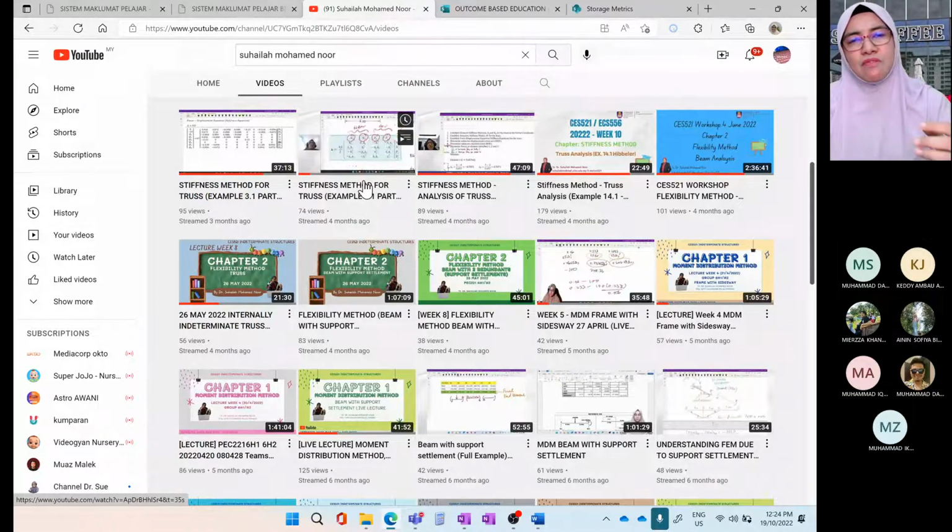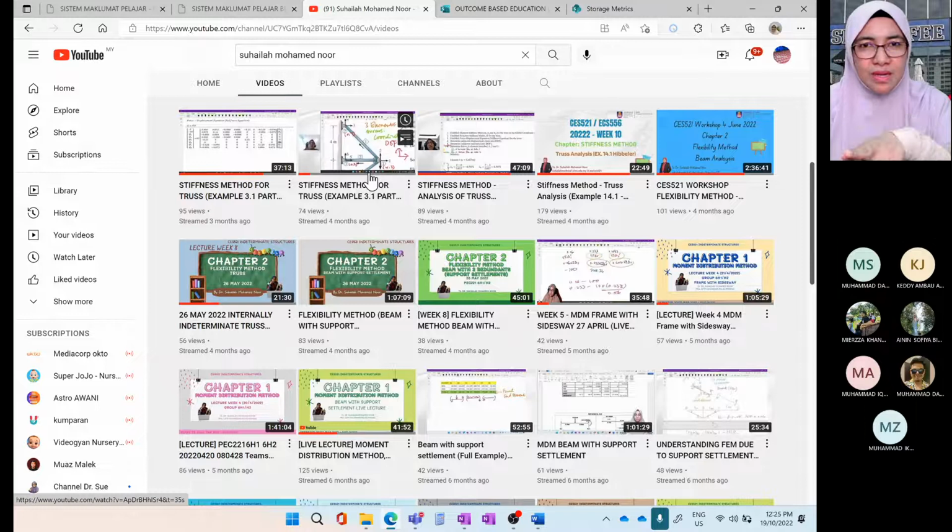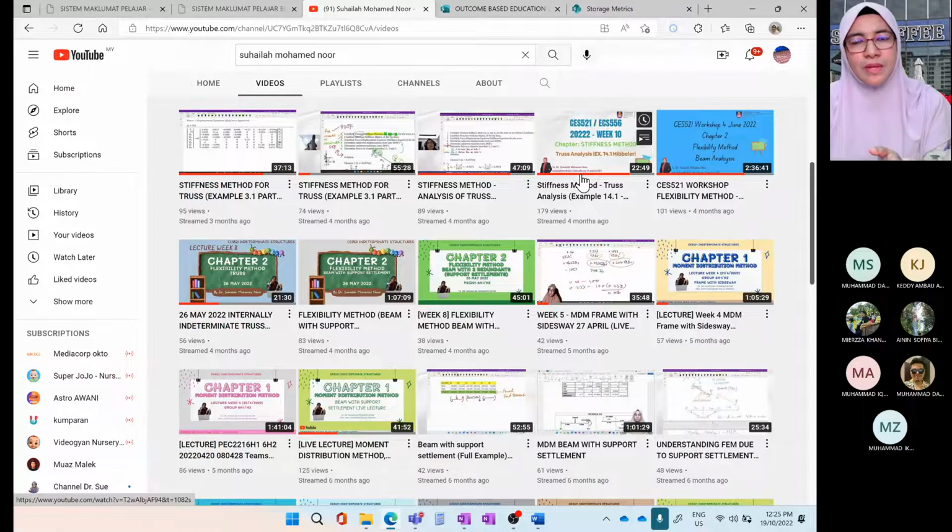It is the same with the stiffness method. We have truss, beam and frame, all combined under one method called the stiffness method. If you understand the truss procedure, you can apply the same procedure to beam and frame. There are some differences, but once you understand, you can apply it to all types. So focus on the first one. For the flexibility method, once you understand beam, you can surely do frame, and likewise truss once you understand beam and frame.